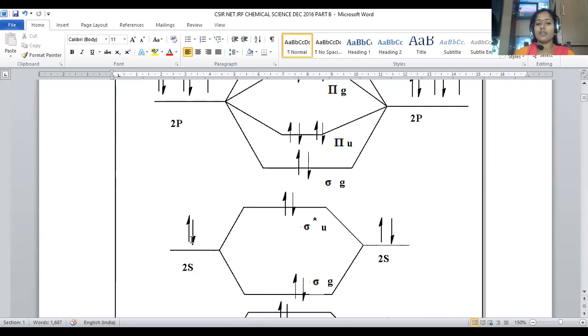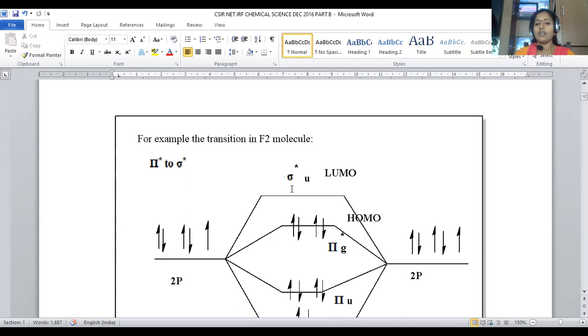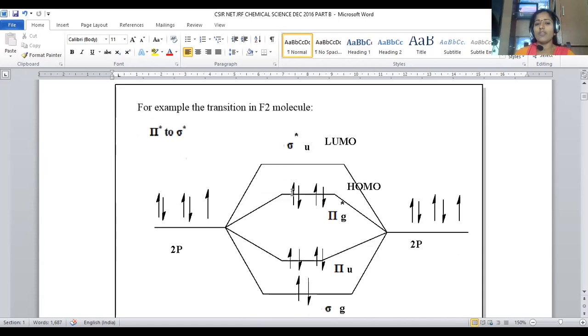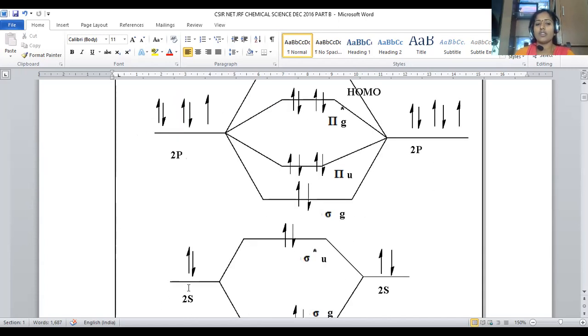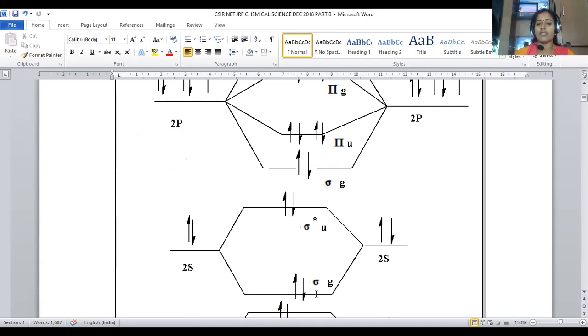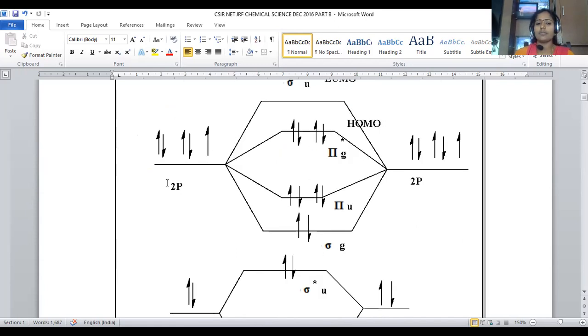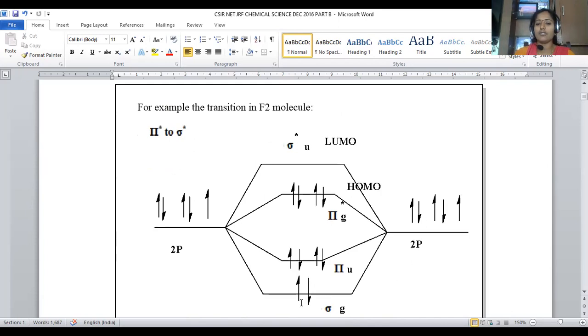So that's the reason why here, the 2s orbital of fluorine. What is the electronic configuration of fluorine? 1s2, 2s2, 2p5, right? So here the 2s orbital has 2 electrons, and 2p has 5 electrons in its valence shell. Then the 2s orbital filling will be in such a manner: sigma gerade will be 2 electrons, sigma ungerade antibonding will be 2 electrons. And each fluorine p orbital is associated with 5 electrons, so the 10 electrons will be filled in this molecular orbital diagram.